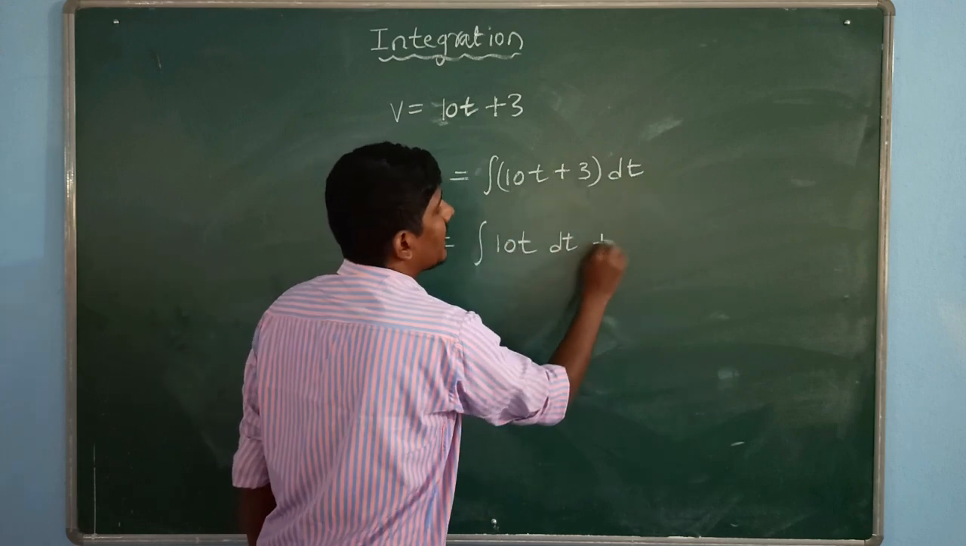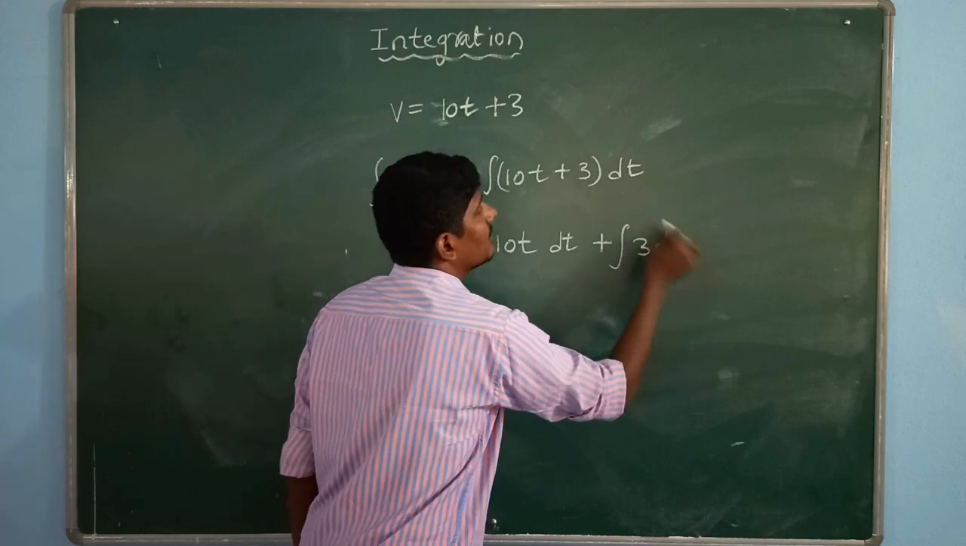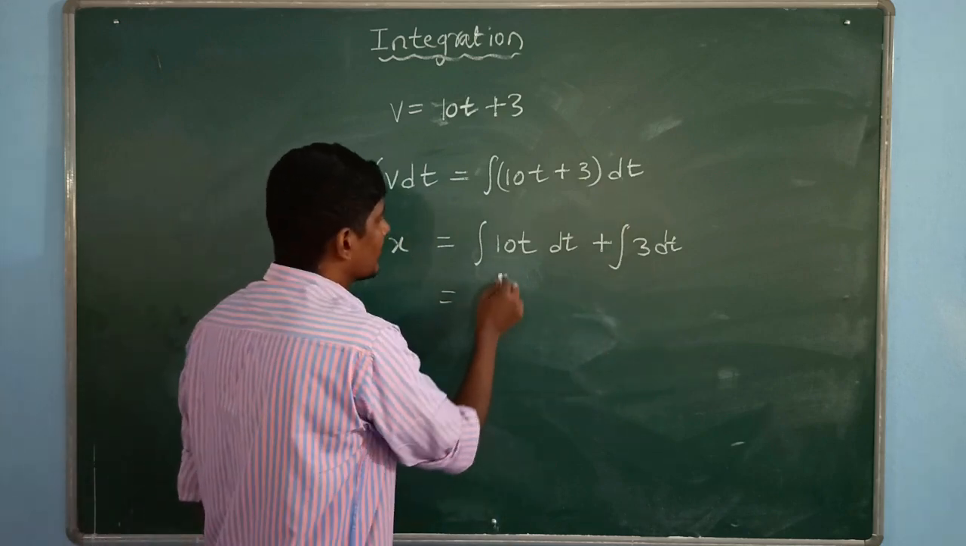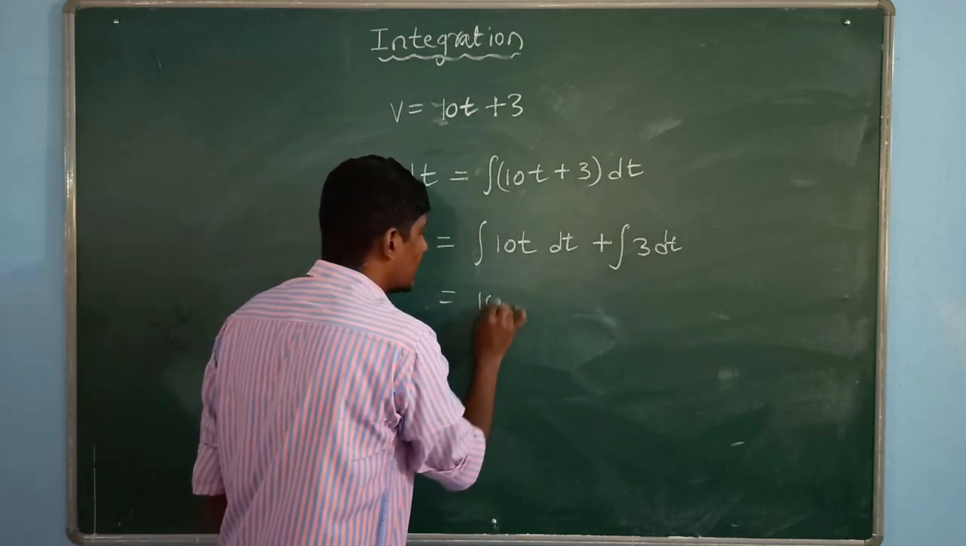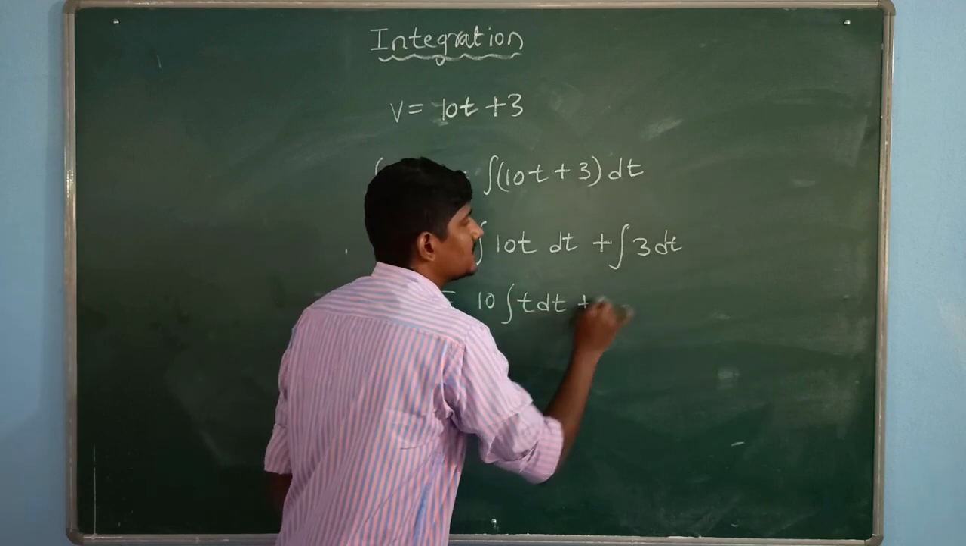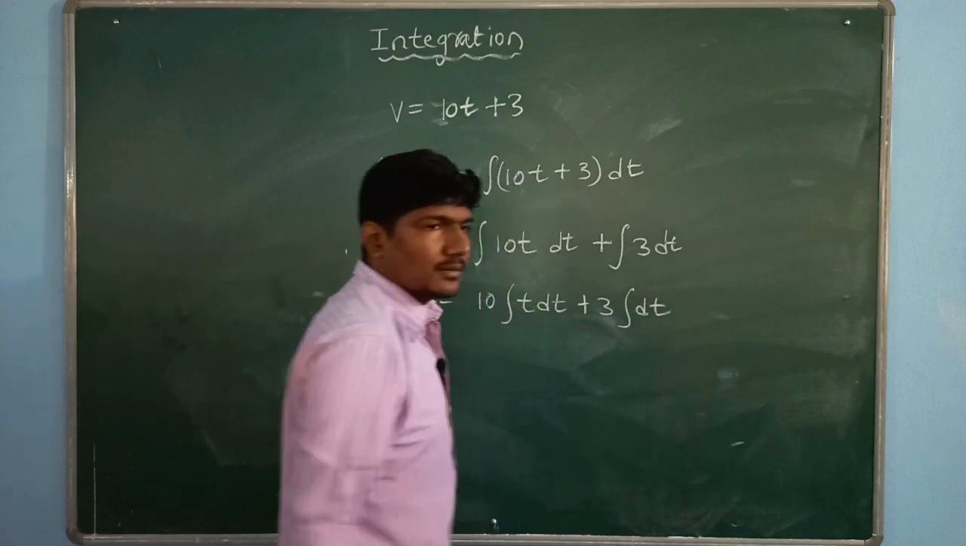Now integration of the second term, integration of 3 dt. Multiply dt inside and then integrate. Next step, integration of 10t. 10 we take outside, it is a constant, so t dt. Plus 3 is a constant, again take it outside, integration of dt only. Next step,